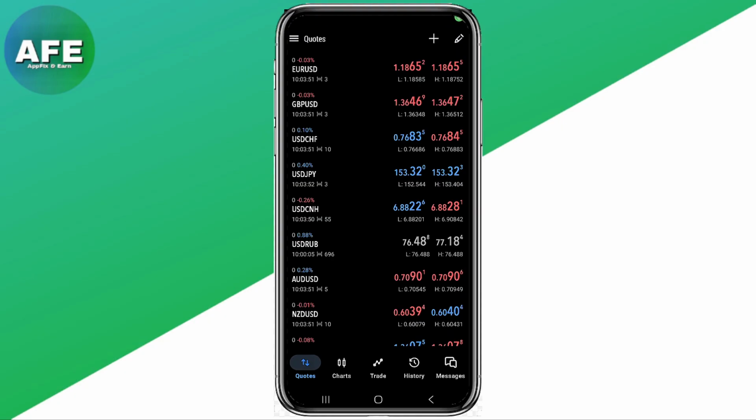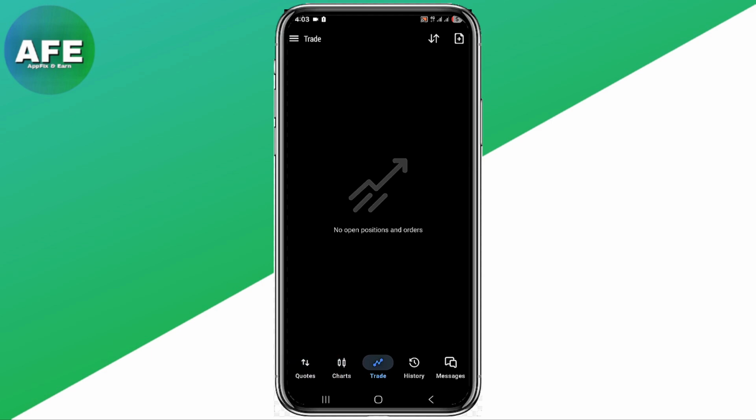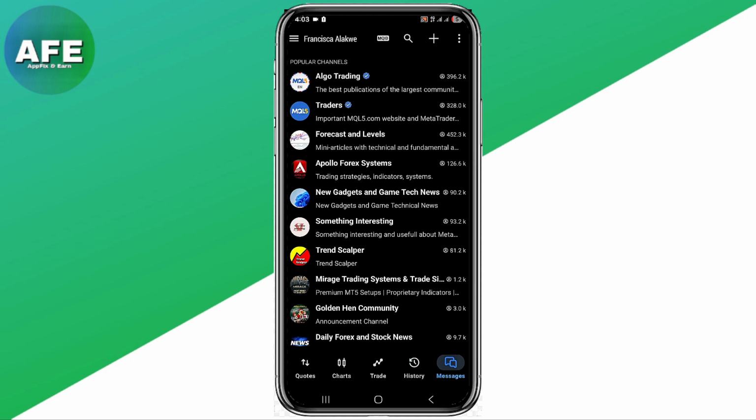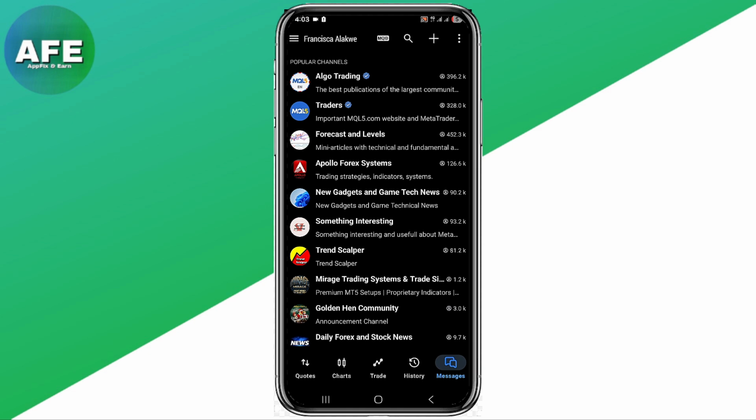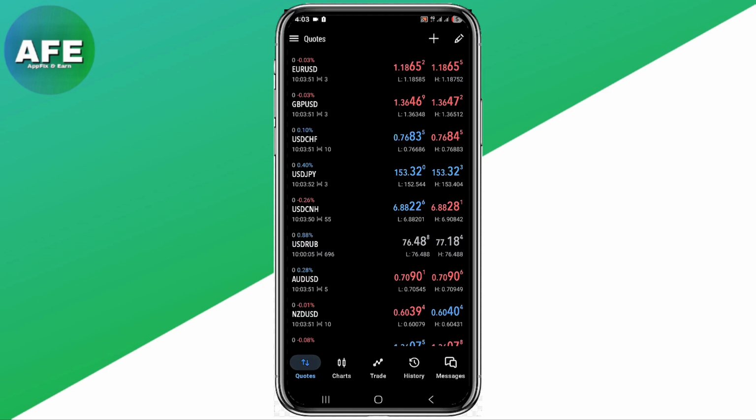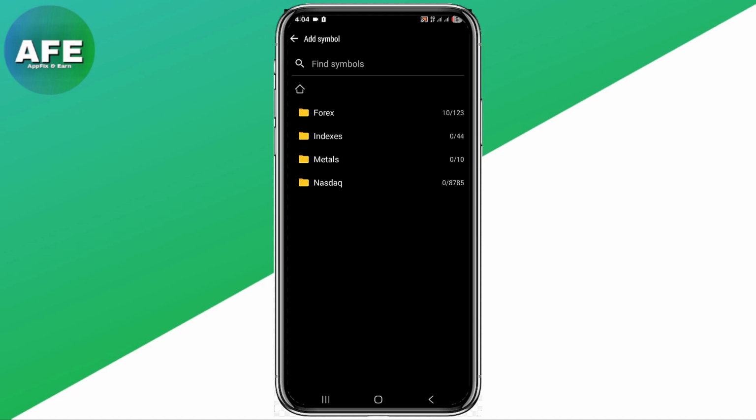You've downloaded Metatrader 5 and you've set up your charts, and now you are looking for the deposit button, but it is actually nowhere to be found. This is because you cannot actually deposit money directly into your Metatrader 5 app. But in this video, I'm going to show you 3 steps and process you need to follow in order to get funds from your bank account into your Metatrader 5 trading terminal, so that you can actually start trading